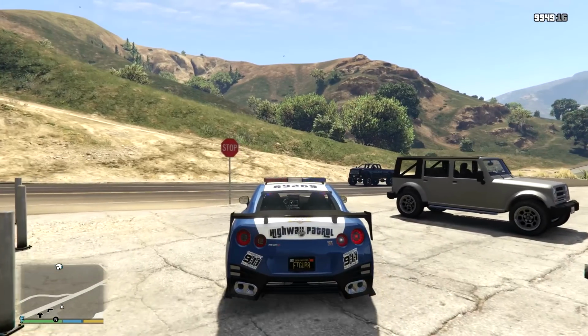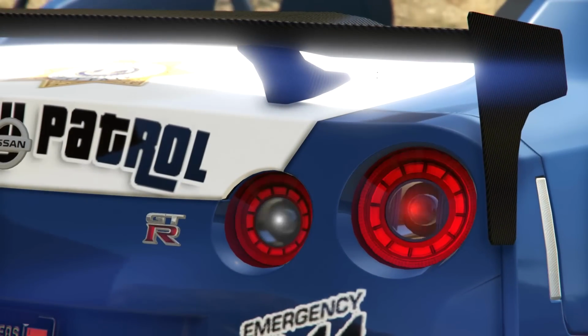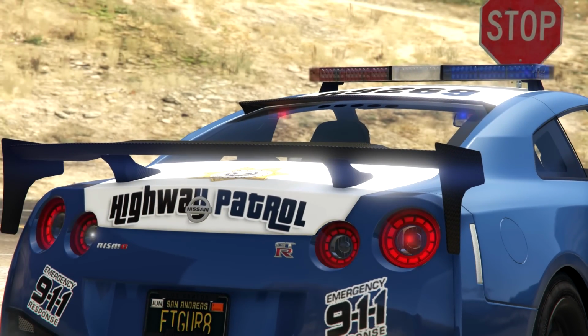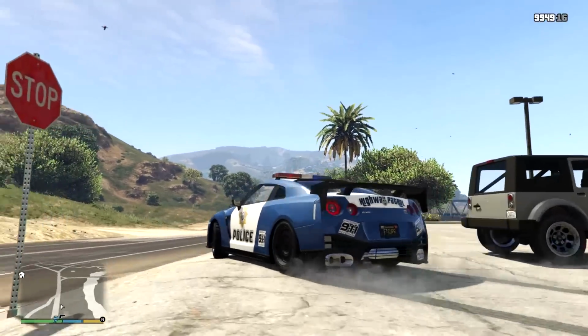And, oh, look at that. I didn't actually look at the rear lights before. Look at that. Oh, hang on. Let me just get a closer look at this. That's awesome. Oh, I love it. I absolutely love it. This is fantastic. Well, there we go, guys. That is the GTR and the police GTR in...